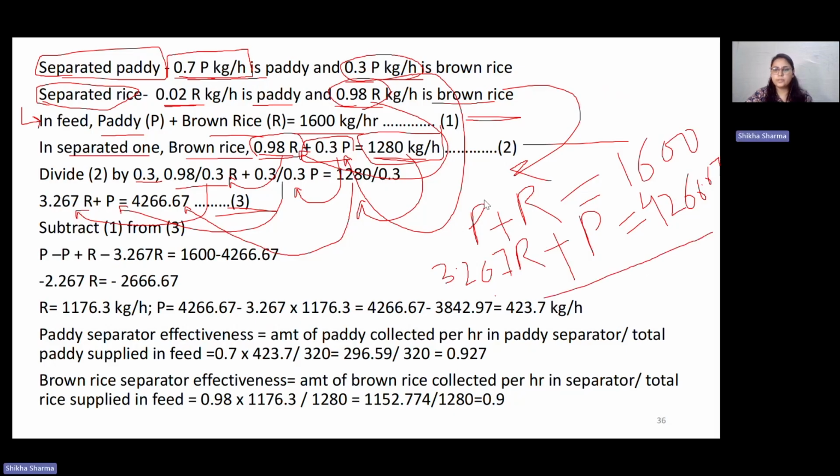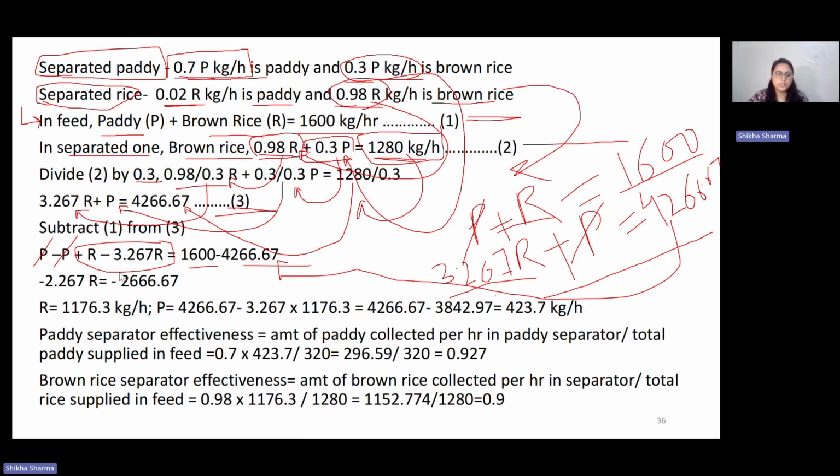So this P would be cancelled with this P, and it would be R minus 3.267 R equals this 1600 minus this